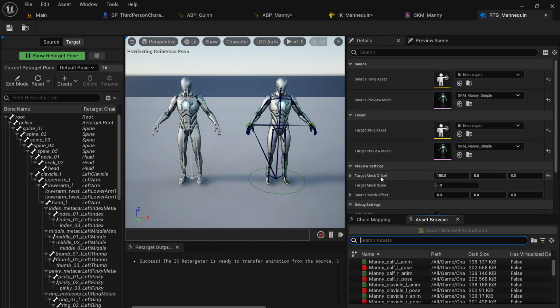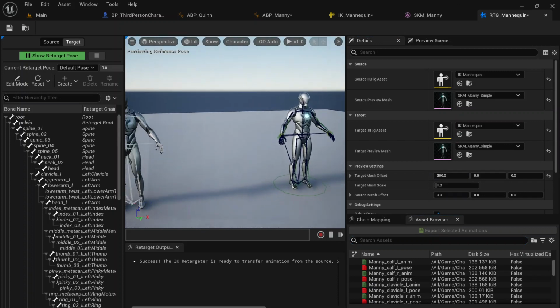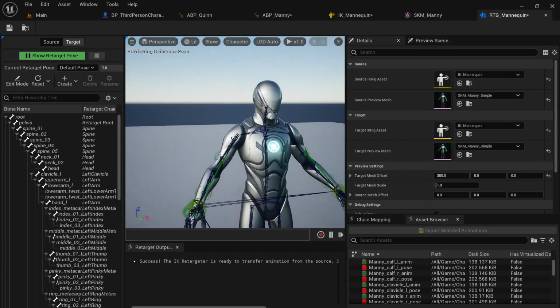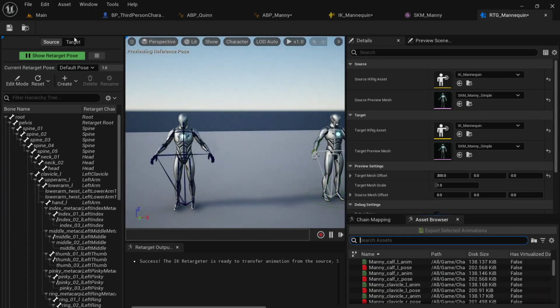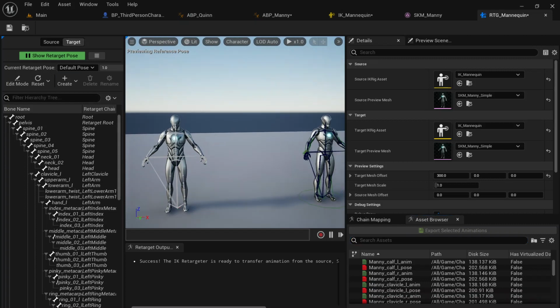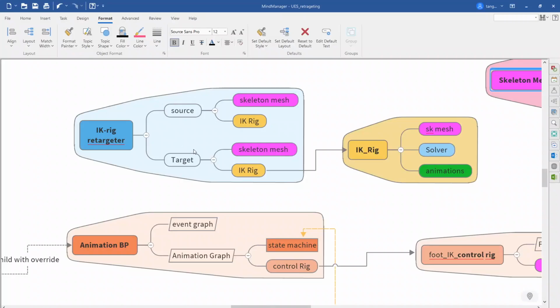And here you have a control about offset. If I change this to 0, you see they actually match pretty well because the two share the same shape. And if I zoom in, you can see this is the source. If I click target, source is here, target is here. Okay, so their bones are actually identical. So that shouldn't be any problem to match. Okay, so that's how this IK Rig Retargeter is set up, and each of them is linked to an IK rig,